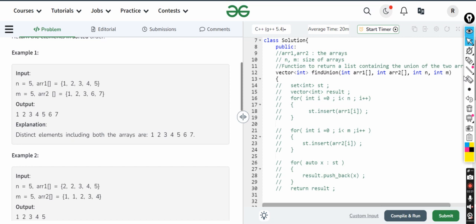So let me show you what it is. This is array 1 and this is array 2. Array 1 has 1, 2, 3, 4 and 5. But array 2 has 1, 2, 3, 4, and 6 and 7 are new. So what will be our output array? It would be 1, 2, 3, 4, 5 from array 1 and 6, 7 from array 2. Array 2 has 1, 2, 3 too, but we haven't written them here. We have written only the elements which are not present in array 1. So this is the simple logic. We have to just solve it.